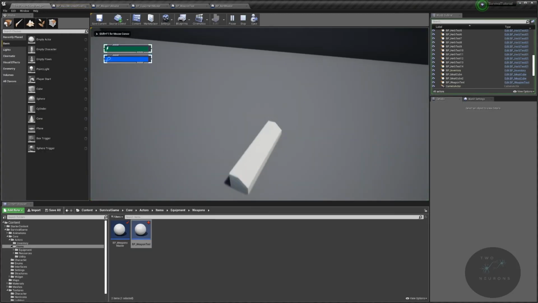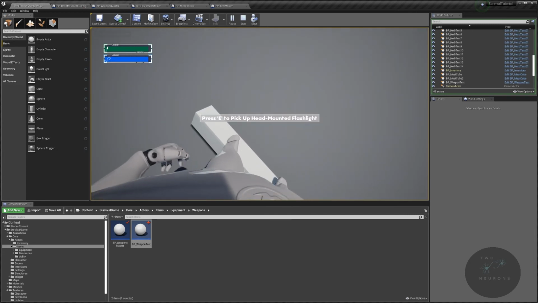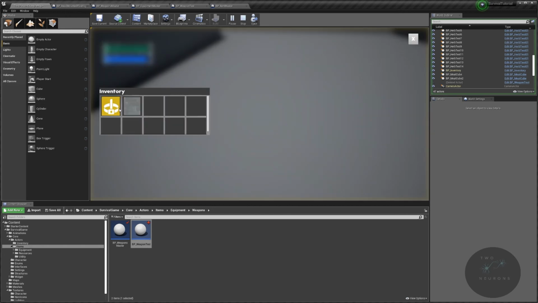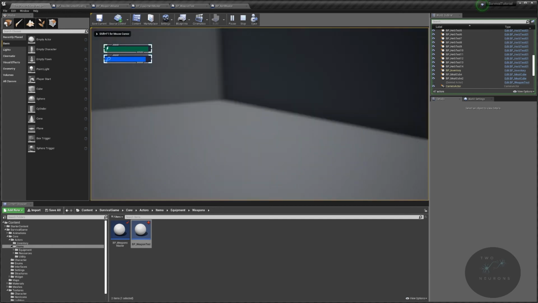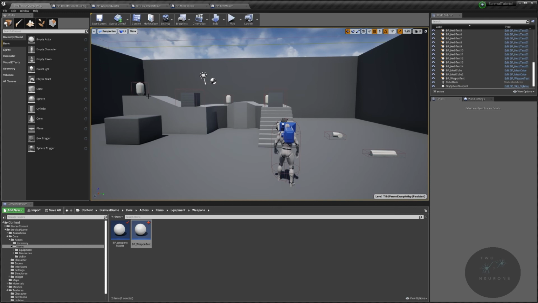Should be a little bit easier to actually get in the collision box for this now. There we go. Pick up head-mounted flashlight, and then pick up weapon test. There we go. And there we go. So both are working. As I said really quickly, what we're going to take care of is actually making our